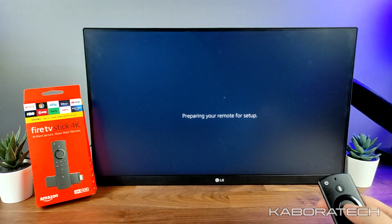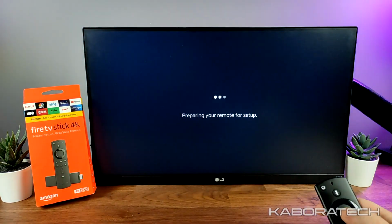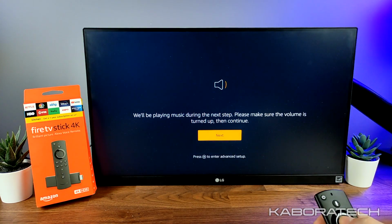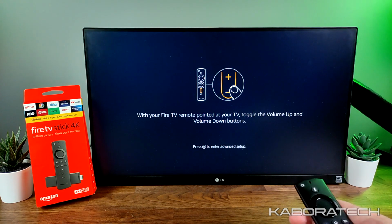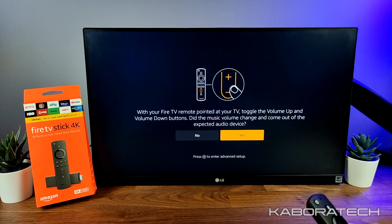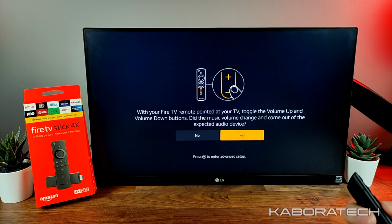And now we have to pair the remote. So I'm doing this on my computer monitor. I don't have sound, so I will assume that the sound is correct, but you will test this on your TV, so you can check if everything is going okay. So after this video I tested on my TV, everything works really great. Okay, so no issues,